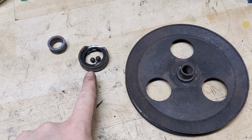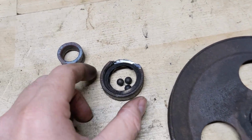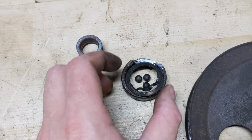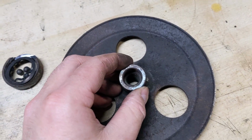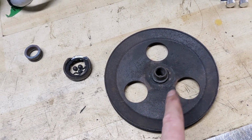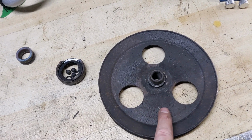Alright, so we ended up getting the bearing off of the pulley here. Obviously the bearing was pretty much destroyed. We cut into the outer race to loosen that up, and then once we were able to remove the outer race, there is the inner race that was seized onto the pulley, and then we were able to remove that as well. Once again, wouldn't have been possible without the Venom HP induction heating tool,